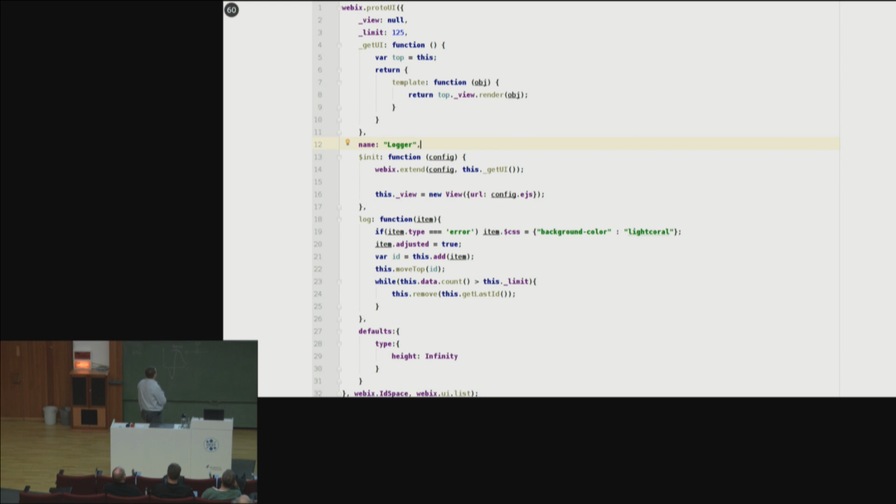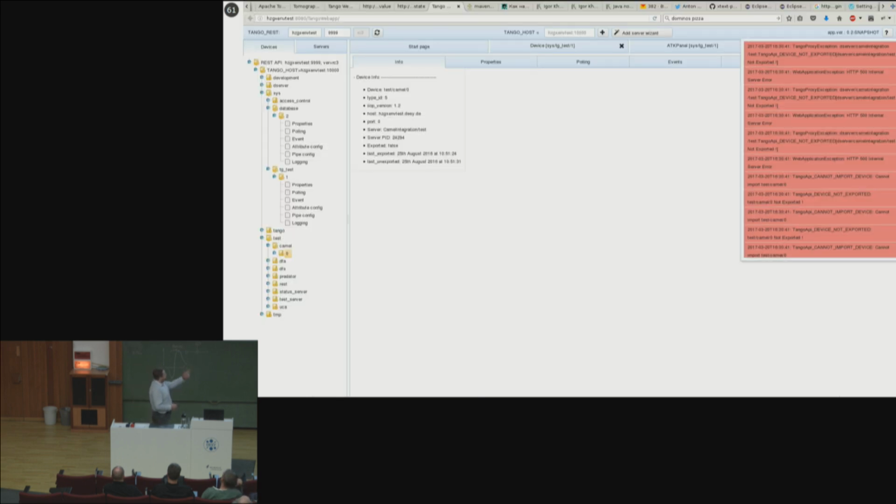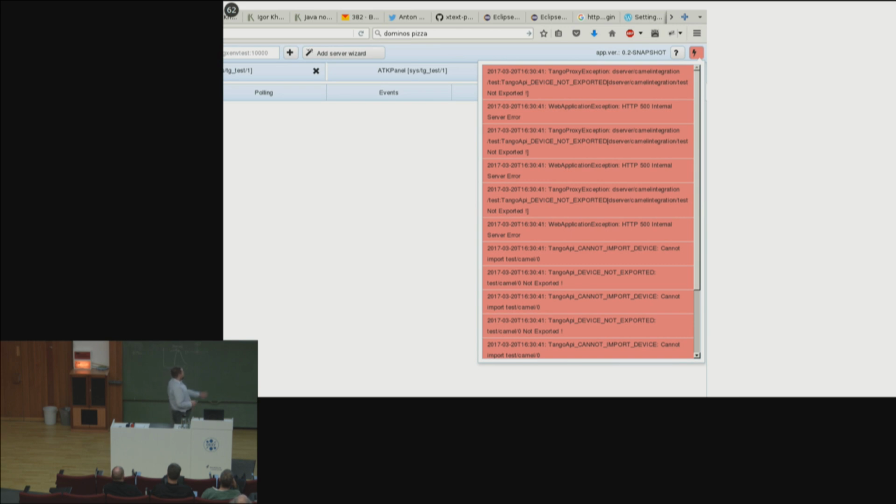The main functionality of it is just to log the item. If it's an error, then also highlight it, put it at the top of the log messages and throw away the old messages. And this is built on top of WebEx UI list. So it looks like this, so let's zoom in. In the UI, here I deliberately provoked a bunch of errors, just killing the backend server, the Tango server. And as you can see, it's very easy to build such things